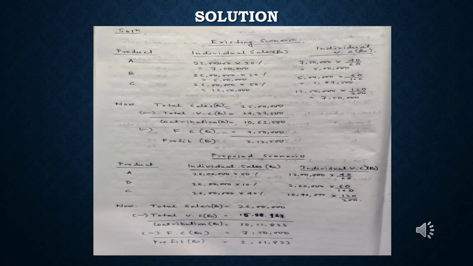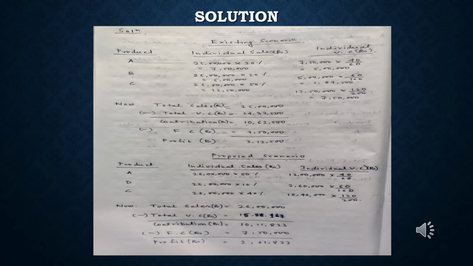Calculating and adding all those gives 15,88,167. Deducting that total variable cost from the total sales figure, slightly changed at 26 lakh in the proposed scenario, we get the contribution at 10,11,833. Deducting the fixed cost of 7,50,000, which does not change in either scenario, we get the profit at